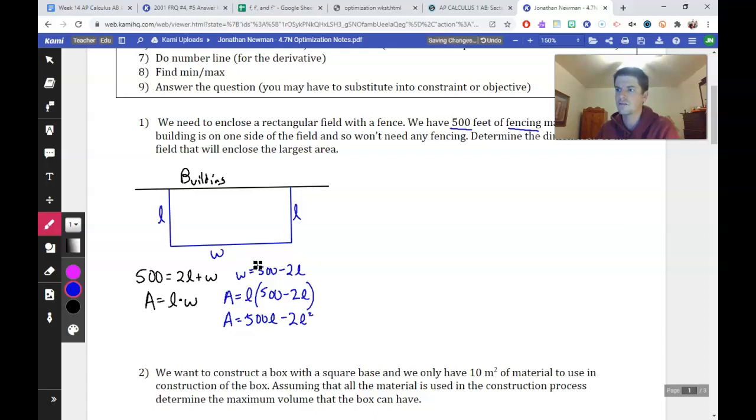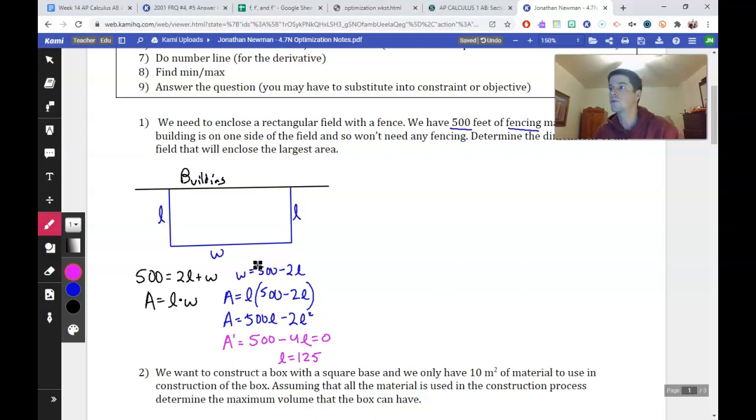So we get 500L minus 2L squared. Let's take the derivative. I like to use A prime, it's just a little bit simpler. We get 500 minus 4L. If we set this equal to 0, that gives us our critical number. So let's do that. We can subtract 4L from both sides and then divide both sides by 4. So we get L equals 500 over 4, or